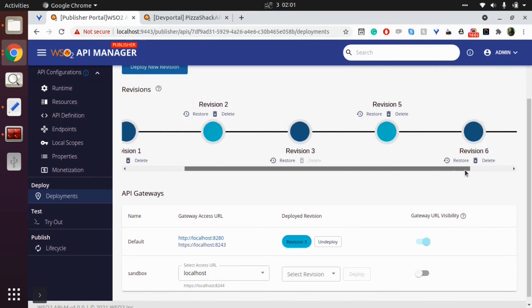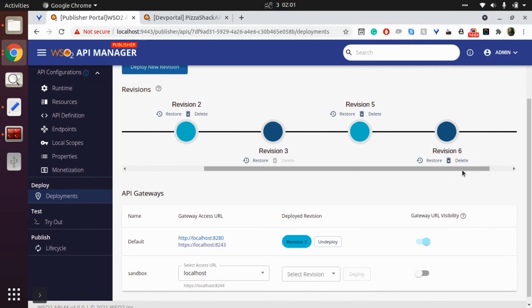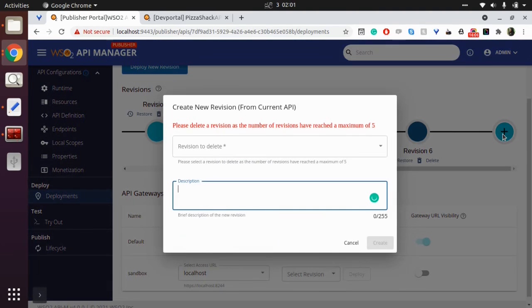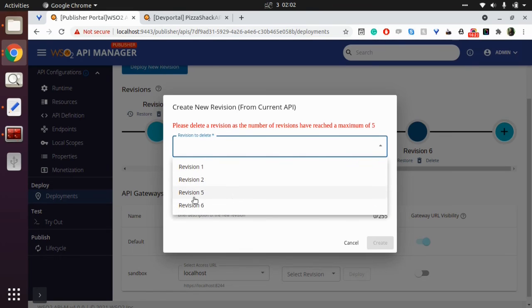Now let's try to add another revision. As you can see here, now there is a message which says the number of revisions has reached the maximum of 5. So here we can select a revision to delete. I am going to delete revision 5.